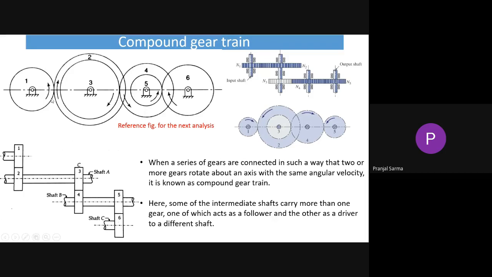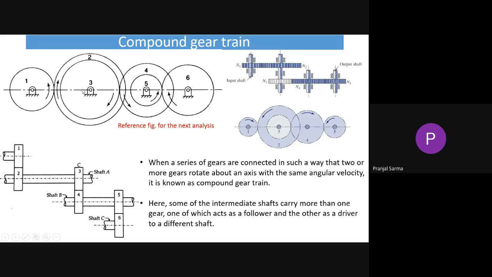Okay, thank you. So in this particular meshing, one is in mesh with 2. Now 2 will get a certain velocity, depending on the size, number of teeth, etc. And 2 will rotate in a particular direction: if the number 1 gear was rotating anti-clockwise, 2 is rotating clockwise. Now, as the third gear is mounted on the same shaft, the third gear, which was previously not meshed with number 1 gear, that is the driver,